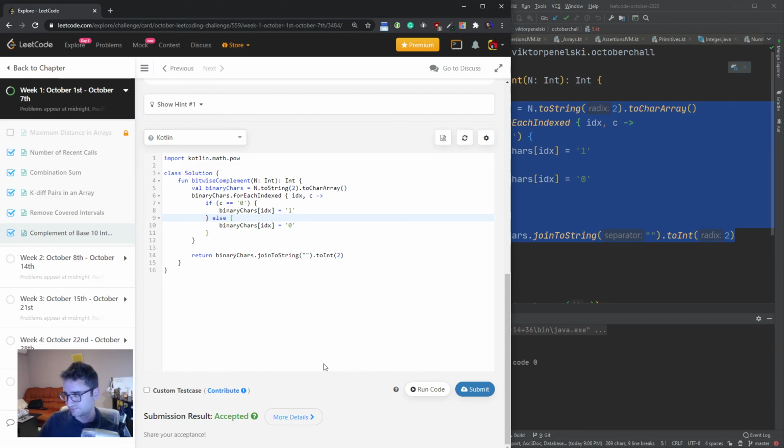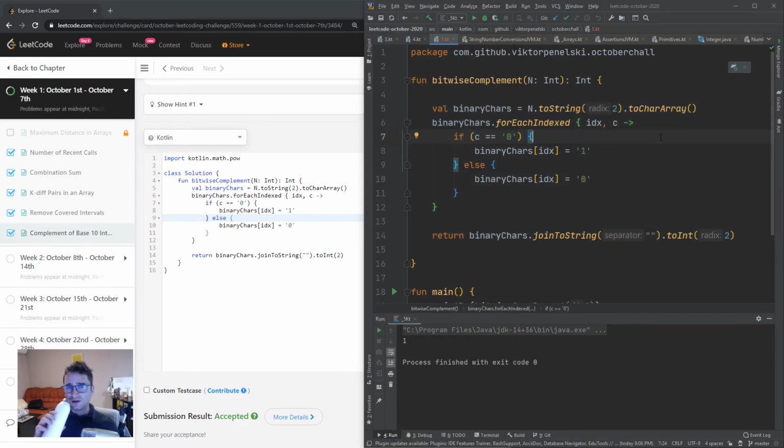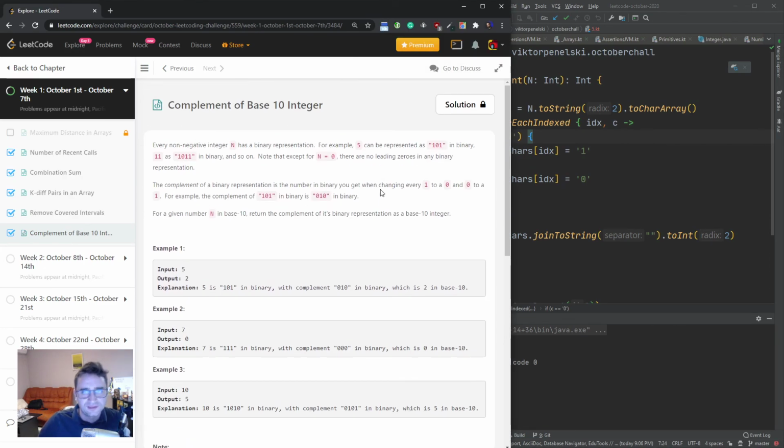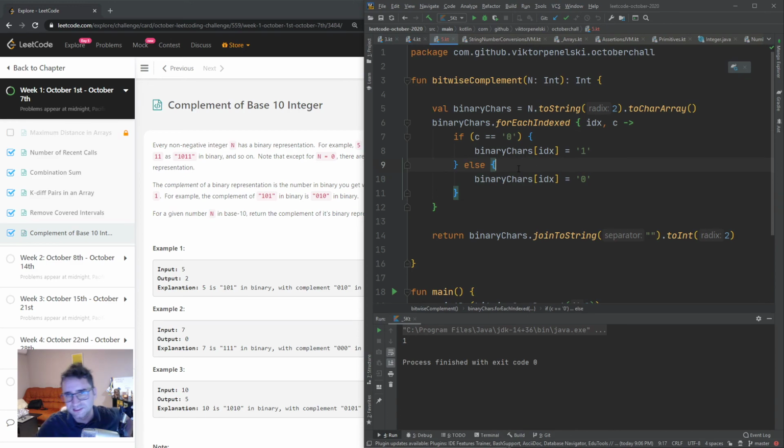Now, I'm sure there are much better ways to solve this without using strings. Let's try to think of a way to do this without using strings. Basically, I'm thinking along these lines: note that except for n equals 0, there are no leading zeros in any binary representation. What does it mean? It means that my most significant bit, as I had in the example,